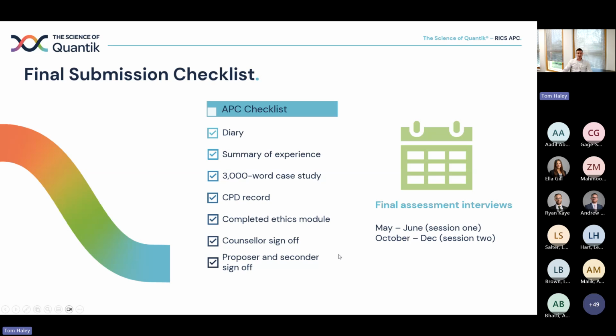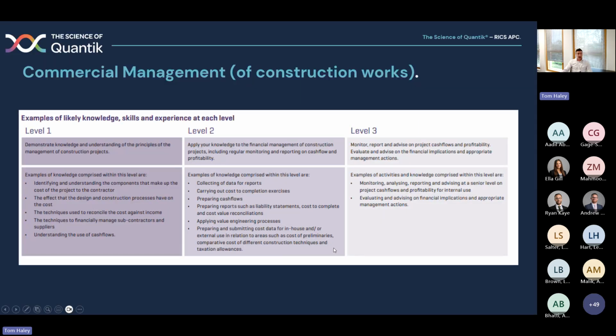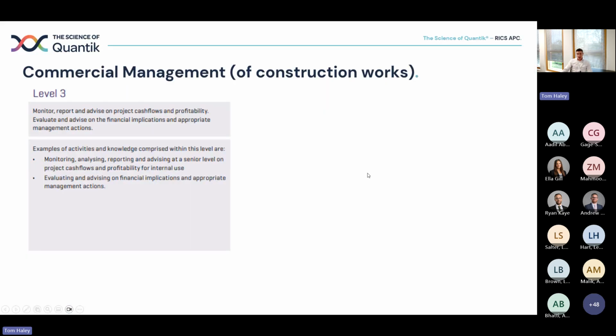I'll now just skim through the competencies, so the core competencies. So commercial management of construction works. Here you'll see level 1, so what you need to do to demonstrate knowledge, so knowing. What you need to do at level 2, doing, and then where you need to be at level 3, advising. If we focus on the level 3 element of this competence, and the reason I say this is